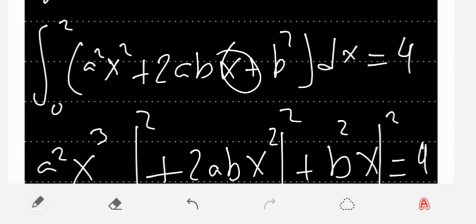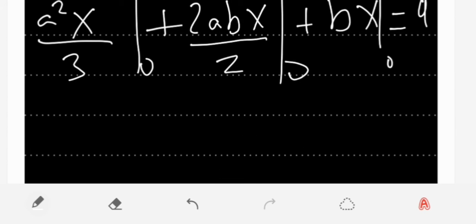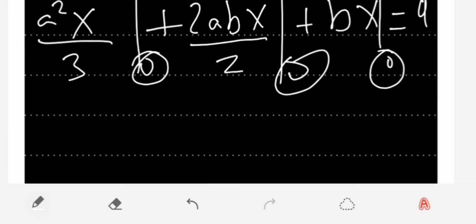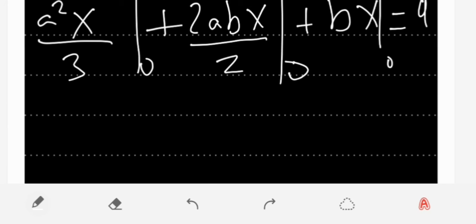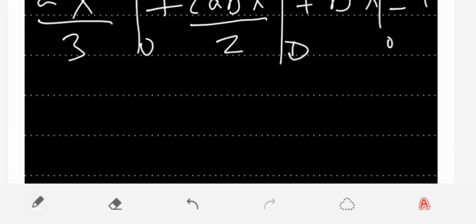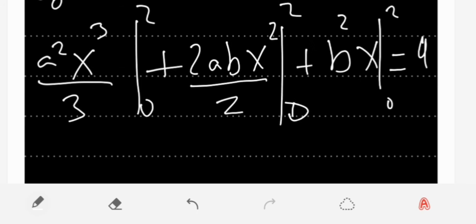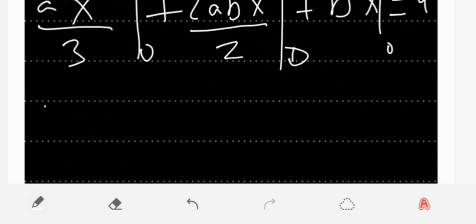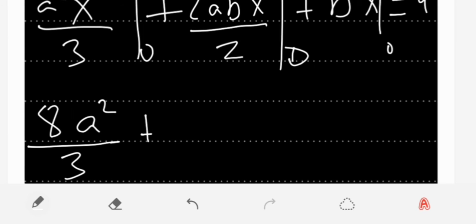This is why it's good to review it, right? So b squared and b squared, the integral of b squared will be x, from 0 to 2. And lucky again that it is zeros, so we can just put the 2's. So over here, 2 cubed, so 8 multiplied by a squared divided by 3 plus 2 cuts with 2, so